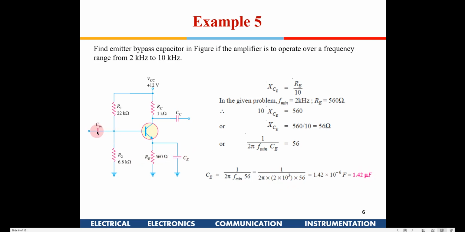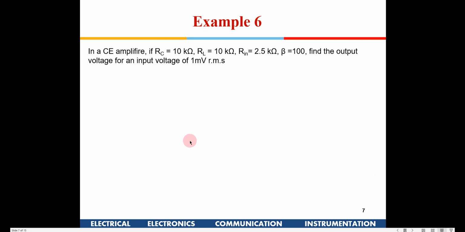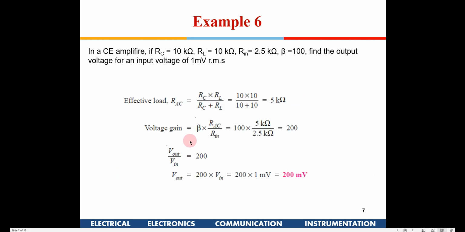Similarly, these capacitors also, if you see here, the input signal needs to be coupled here, whereas the DC is blocked. This capacitor in combination with these resistors forms a high pass filter. Okay, so the cutoff point should be below the operating frequency, right? So that way we have to compute the values of CE and CC. So there's one more example out here.